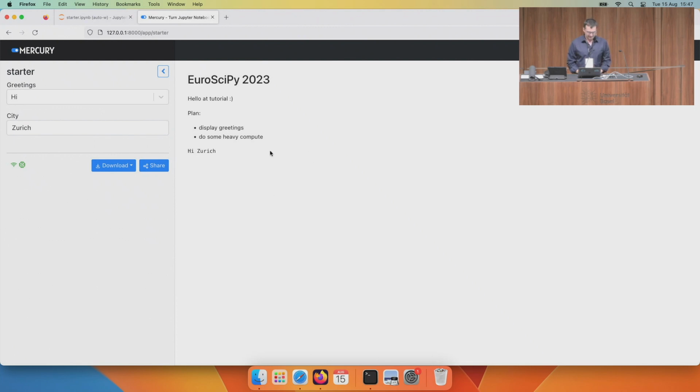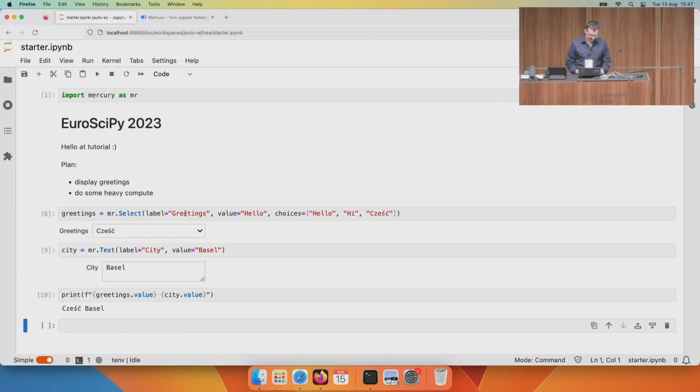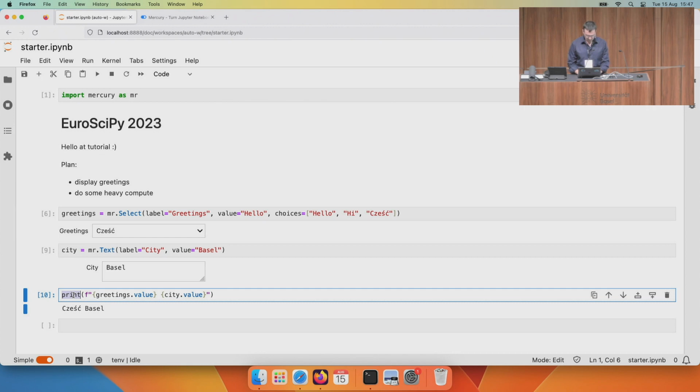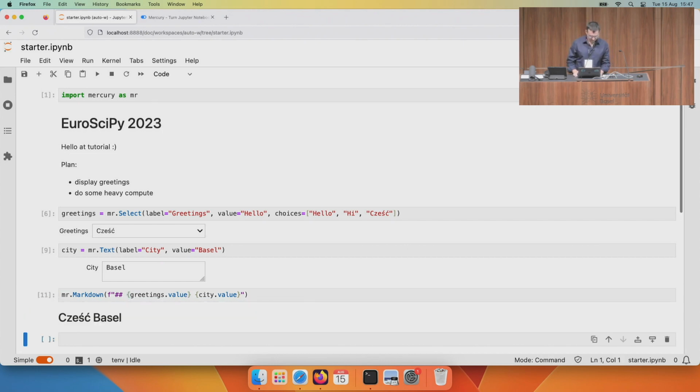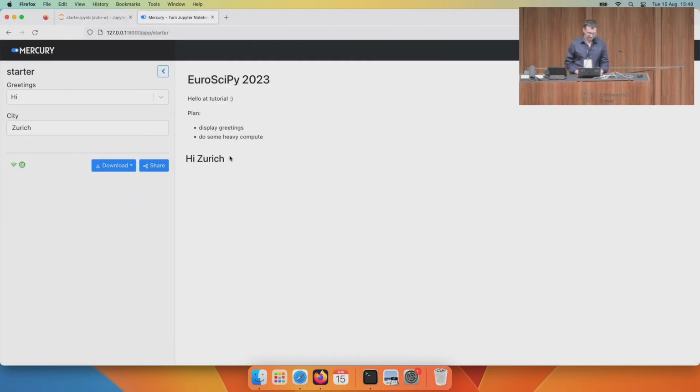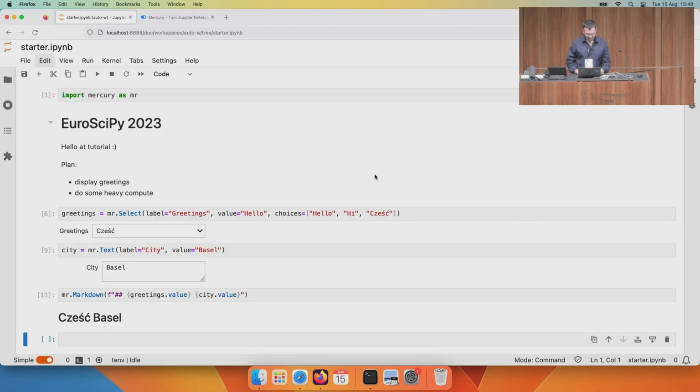So everything is updated. We can change the print statement to the markdown. So we have the markdown function in the Mercury. So you can write dynamic markdown. So for example, here we will have the markdown with header, and let's save the notebook, and the web app should be updated. So you see the letters are larger, and